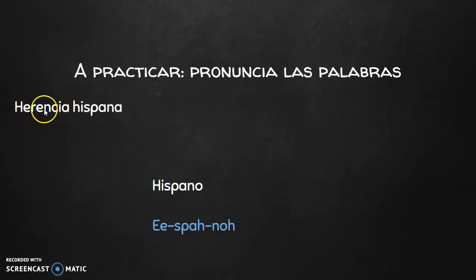The next term is Hispanic heritage. So we have, again, broken up, this is the first word, this is the second one. Again, we are going to be flipping these terms in their meaning from English to Spanish. So instead, the direct translation would be heritage Hispanic, but we know that when we're translating this, we have to flip it back. Okay, so the first word,